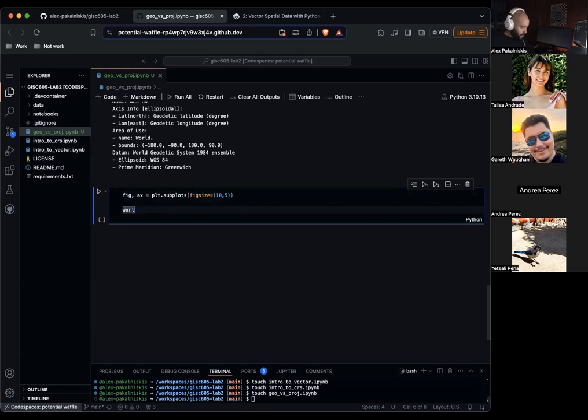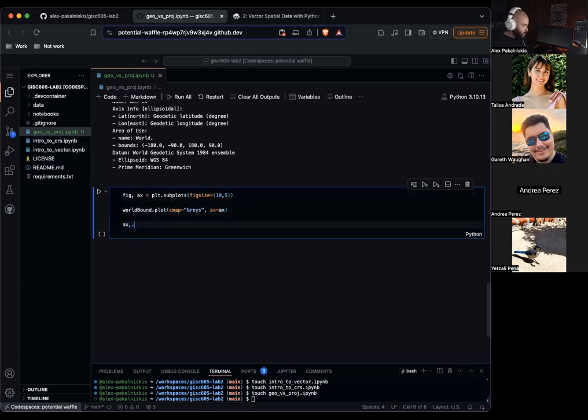World bound dot plot, cmap equals Greys, ax.set, title equals Boulder CO world map WGS 84.